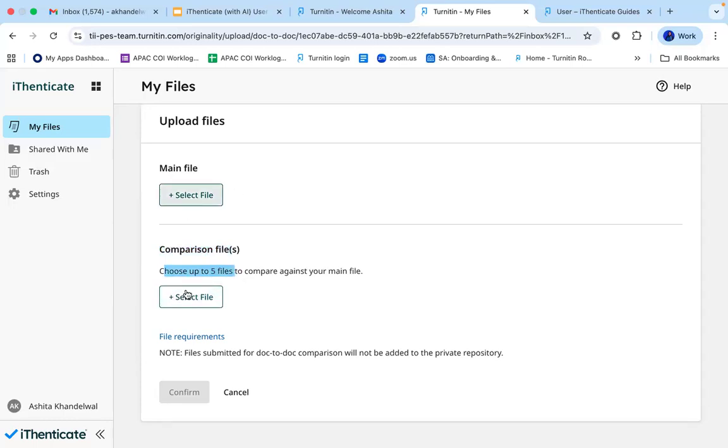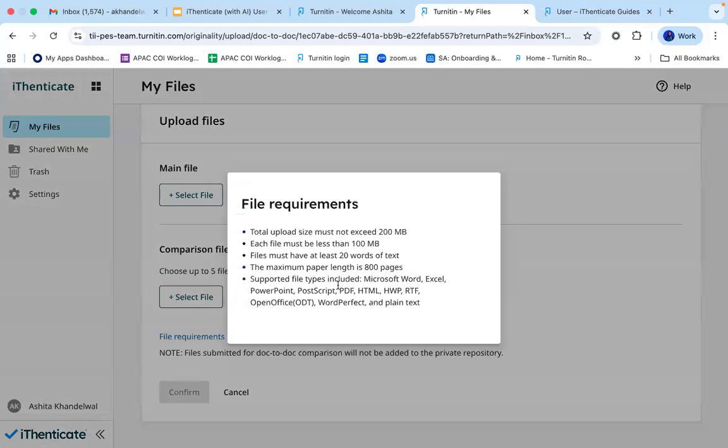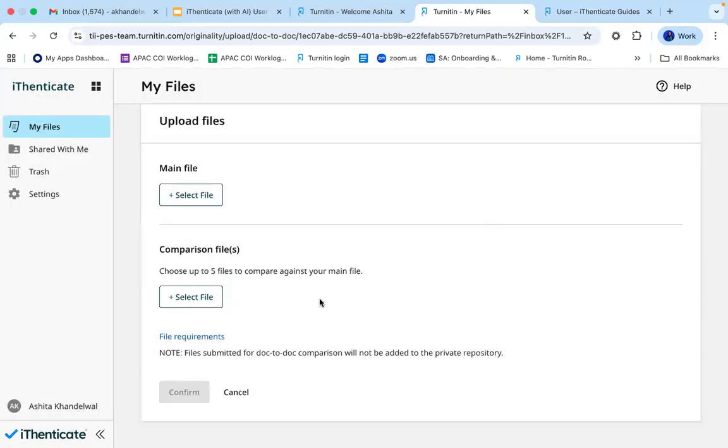These files will be used for comparing your main file, and the report will be generated based on that. In this scenario, Turnitin's repository or databases will not be used for comparison. Okay. So here are the file requirements for doc-to-doc comparison. You must also check this before you upload any paper. And then you can upload any paper doc-to-doc.